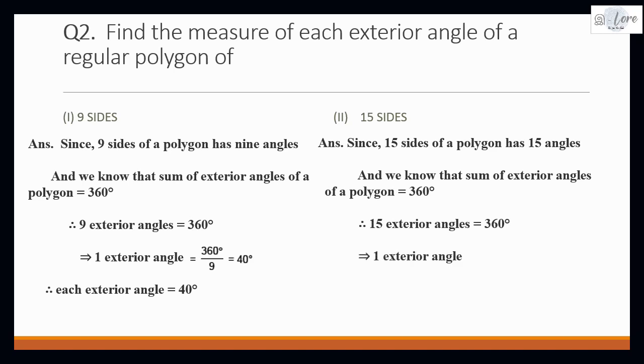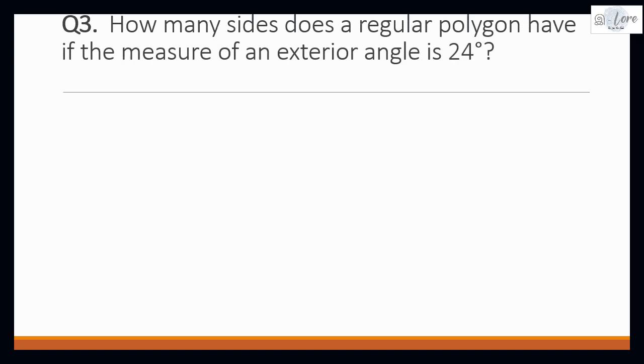Then what about one exterior angle? 360 divided by 15 is nothing but 24 degrees. Please make sure about it. The exterior angle will come out as a whole number. If it does not come as a whole number, then the result will be wrong. Suppose sometimes the answer comes as a decimal. If a decimal is coming, it means we are not supposed to find the proper angle in that case. So that's not right.